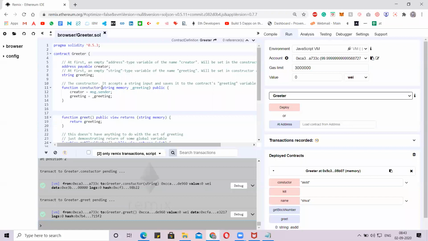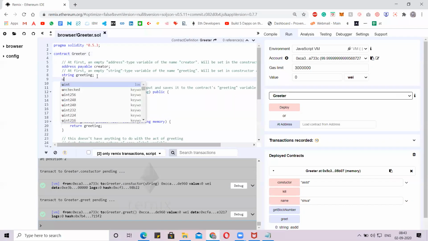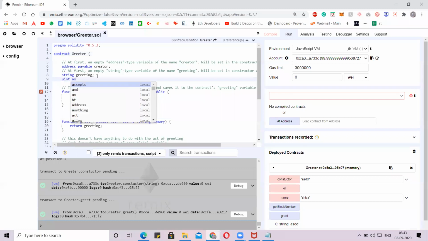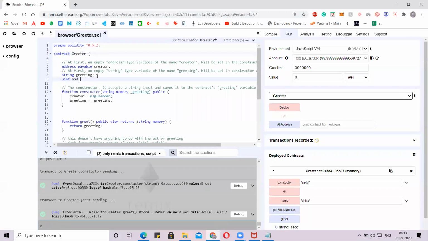It's a string where we can store string data. If you want to store numbers, we can use unsigned, like uint. Okay, this is how we declare the unsigned.